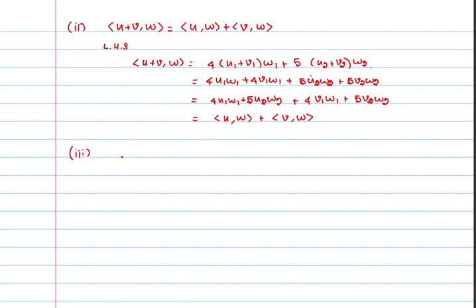What about the third axiom, the homogeneity condition? C of U, we simply write as 4 times C times U1 times W1 plus 5 times C times U2 W2. Now you take the C outside, giving 4 times U1 W1 plus 5 times U2